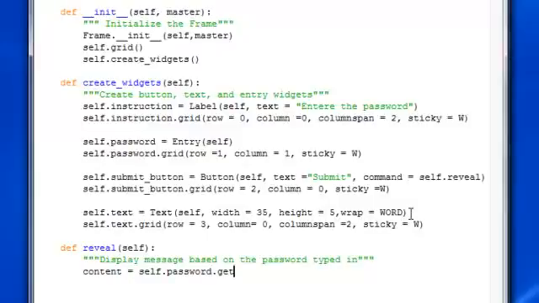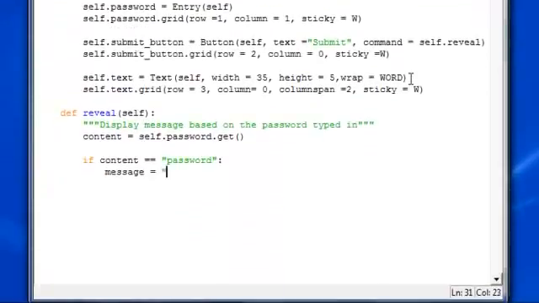Once we get that, obviously we learned get and set, we're going to say if content is equal to, let's say, password, which I know is not really creative, then the message is going to be